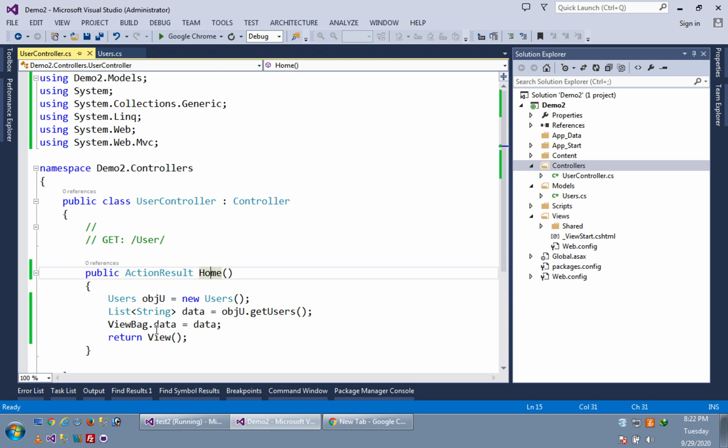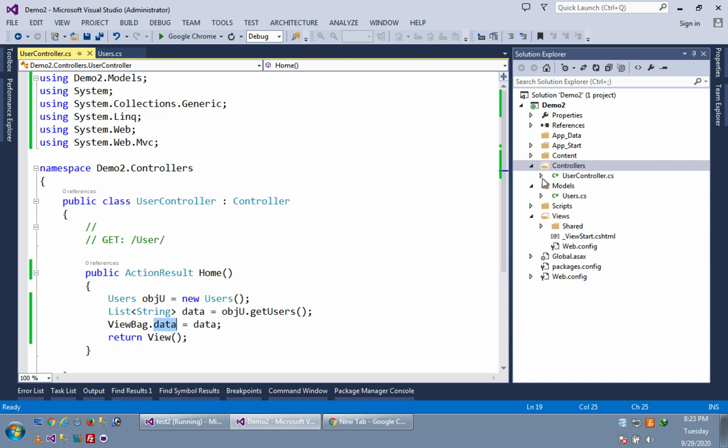Because we have put the data into the ViewBag of the Home view. So in our home view, home.cshtml that we will make, in that page we will access this data. If you give the name users here, then you have to write users there. Whatever name you give into the ViewBag, you have to access that name in our view.